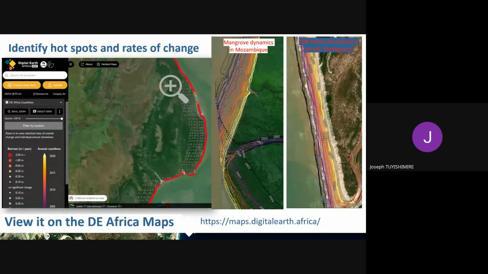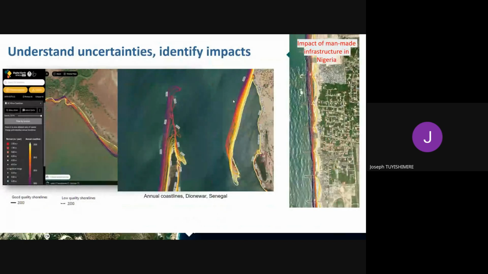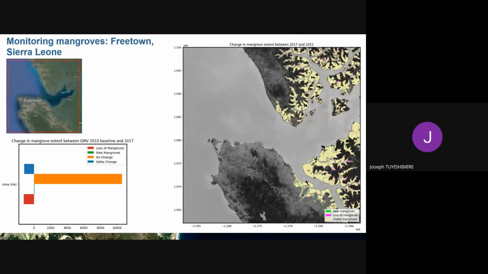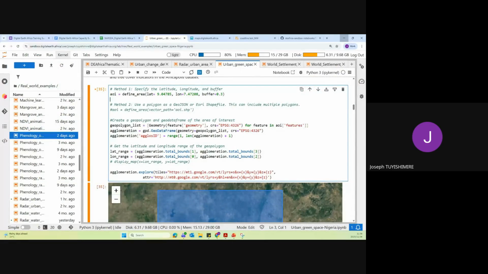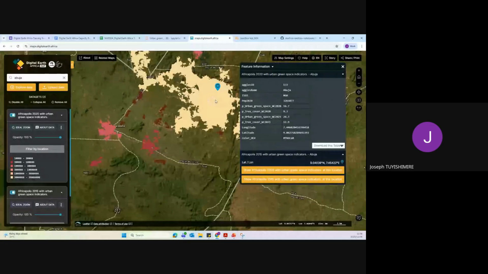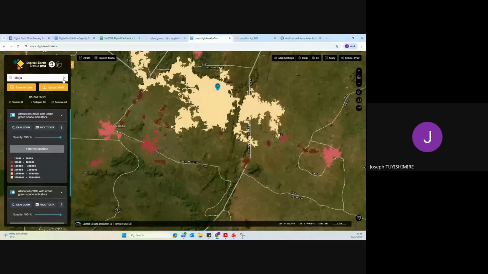So a lot of examples of change in Mozambique, in Madagascar, and also annual changes. And this was in Lekki, Nigeria, and you can go into the Sandbox, into the Africa Maps once again. For example, if we go around Lagos,